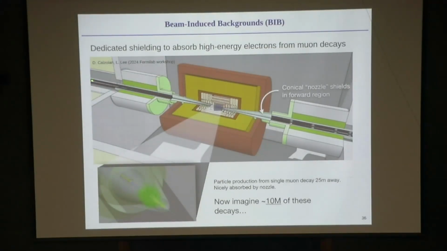So this gives you another view. This is the line where the beam would come through. This is the nominal interaction point. This colored cylinder would represent how we put our instrumentation to detect the reaction products of the muon-muon collision. And here there is a zoom in of how one high energy electron would hit a tungsten shielding, and within it would be partially absorbed with just a little bit of leakage. However, this is just depicting how one electron will look like. Instead, we will have about 10 millions of these happening at every time.